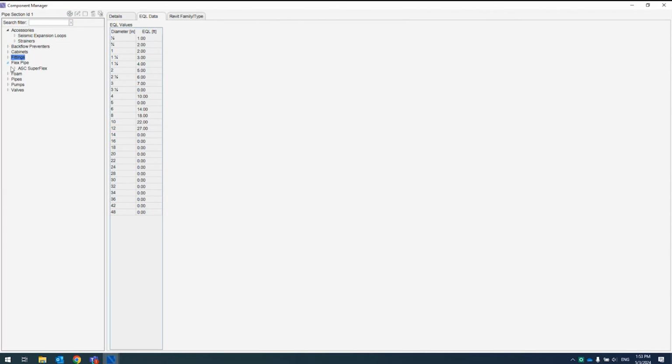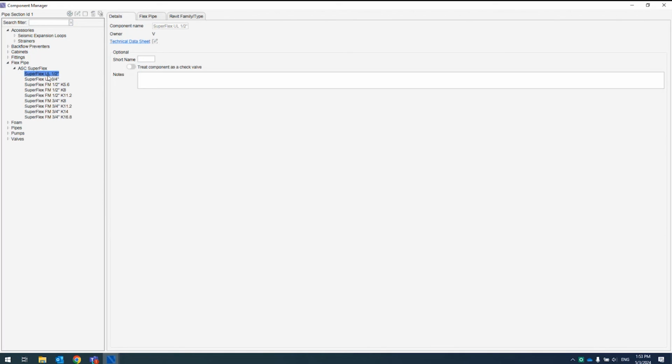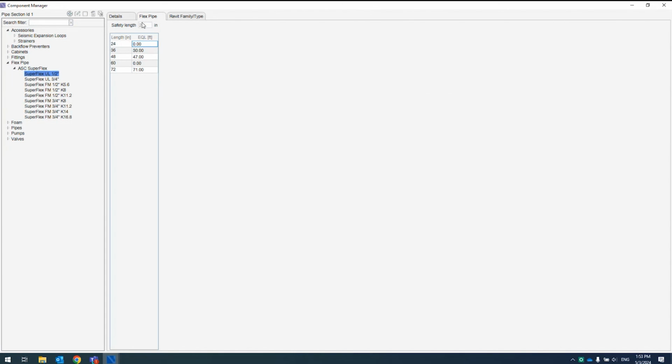We also have the idea of flex pipes in here. So we give you a starting point with some ASC Superflex. This plays a little bit more into the Revit side of the house for things like the safety length and the overall length, but you can assign these to different pipe sections. So you could have little flex pipe sections in there as well. So here you can see the nominal length of the flex pipe and its equivalent length. So we give you kind of a limited starting point here, but you can go ahead and add whatever you